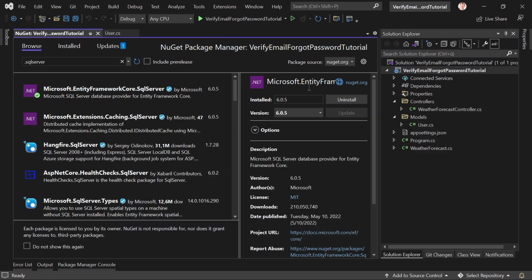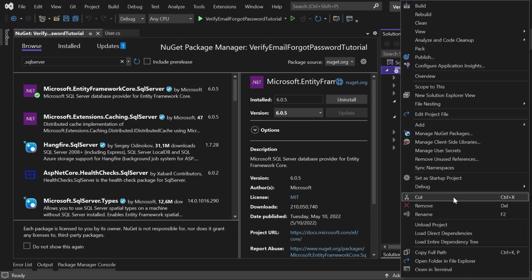All right, so we've got all the packages, we've got the dotnet tool, and now for the data context that enables us to access the database, where we then want to store a user and then see the verification and the password reset token. This is why I'm doing this, so I can really show you how these tokens look in the database. So for that, we add a new folder